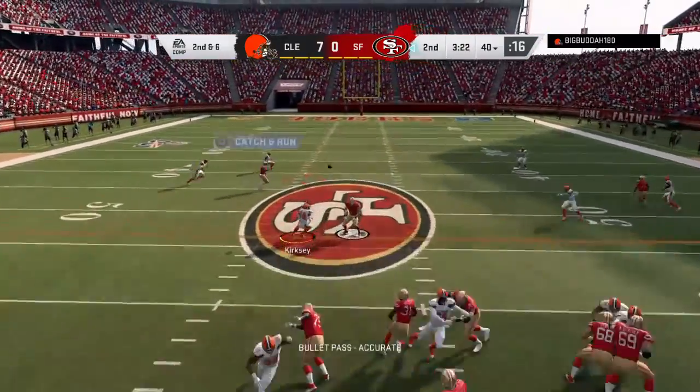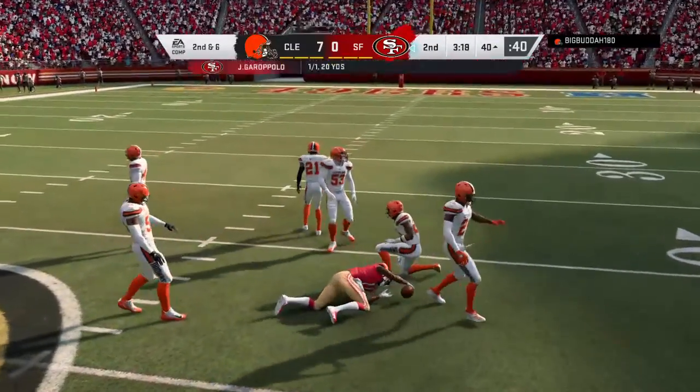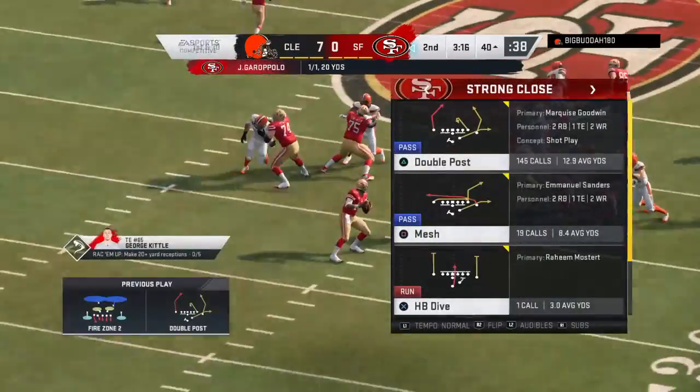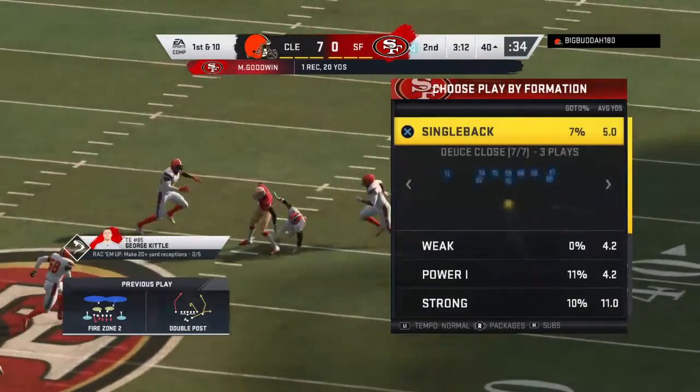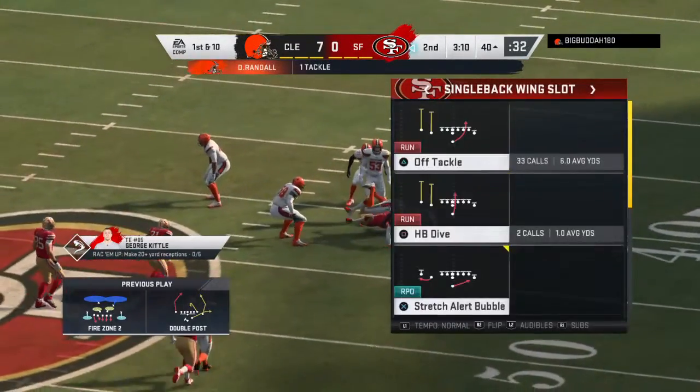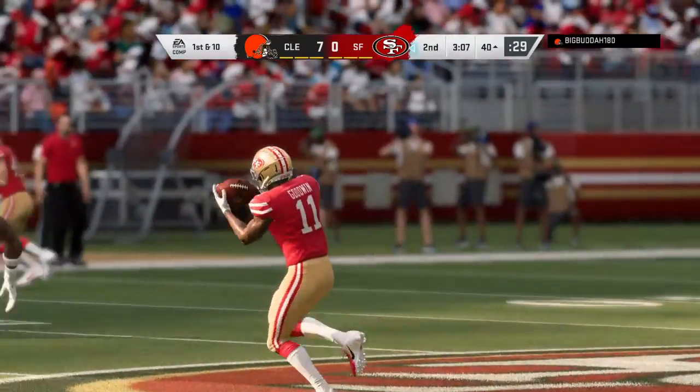From the 40 now on 2nd down. Garoppolo. And he finds his target. It's Marquise Goodwin. And they're going to have another 1st down as he's going to be tackled at the Browns' 40. That's another 49er 1st down. 1st and 10 at the